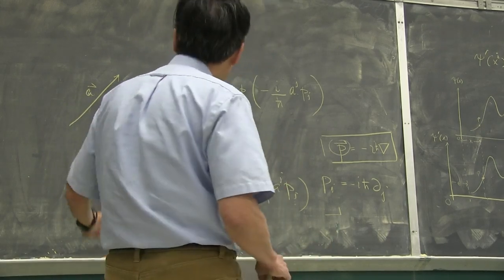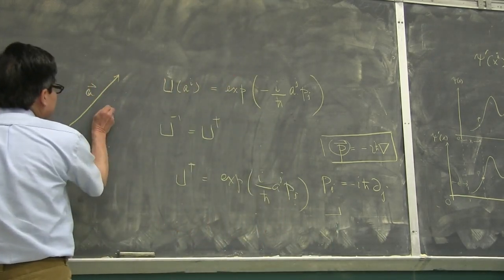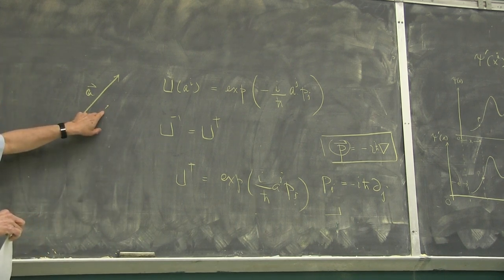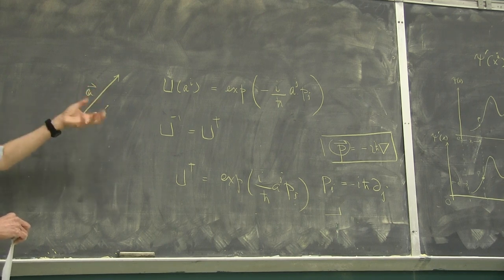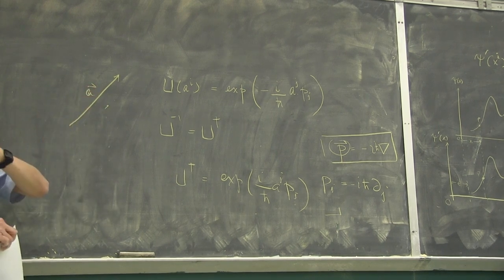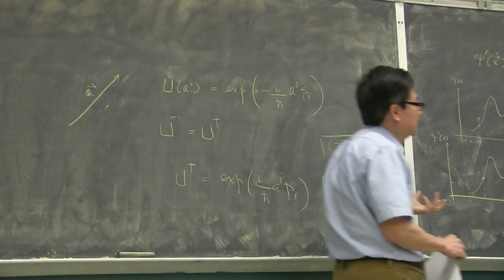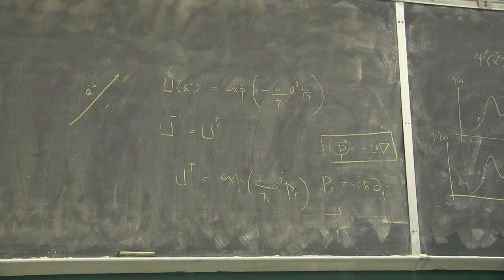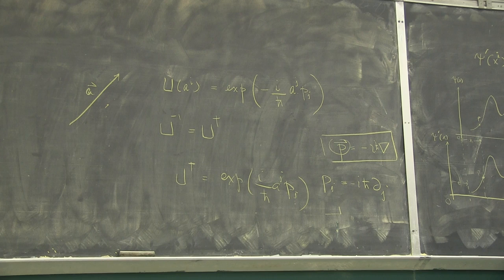If the a's are tiny, if you just work with a tiny translation in here, obviously this is not too different from the identity transformation. Okay, this tiny thing just changes the original wave function just a little bit. And that little bit has to be proportional to the little quantity in here, right? Because this is proportional to epsilon. Epsilon is little, so therefore it's just a little change. Okay? It's not too far from the identity, so to speak. All right? Okay? So, now that we have worked with